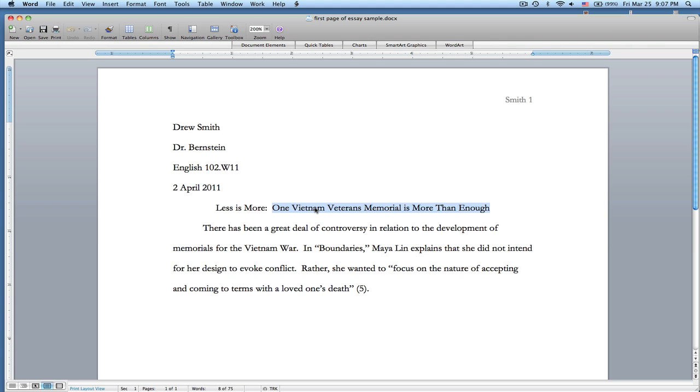You'll also notice that in the upper right hand corner of the page, you need to have your last name followed by a space and then the page number. If you don't know how to format it so that this information automatically appears on the top of your page, go to our D2L site, go over to the content page, under important information, you will see something called